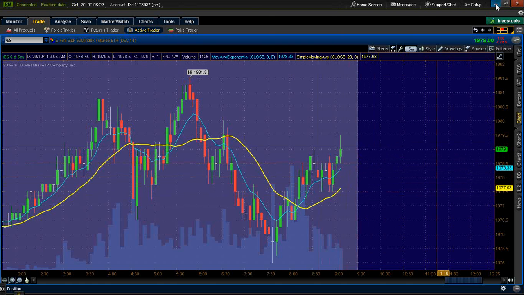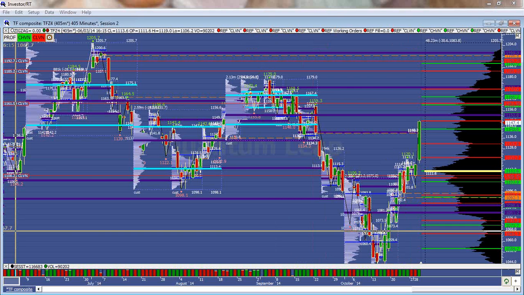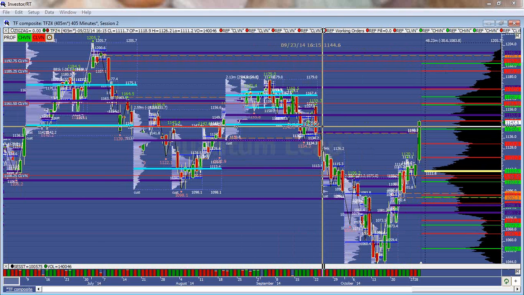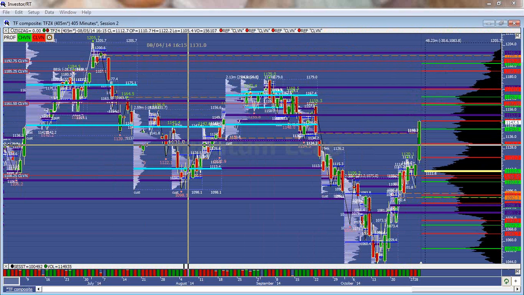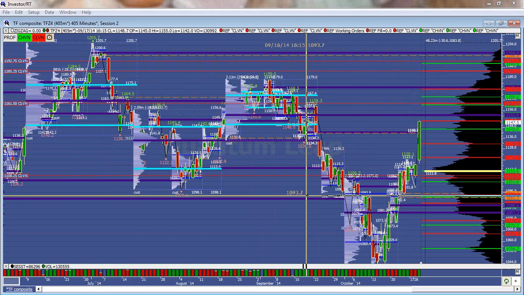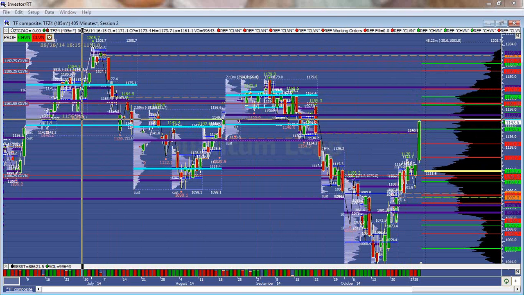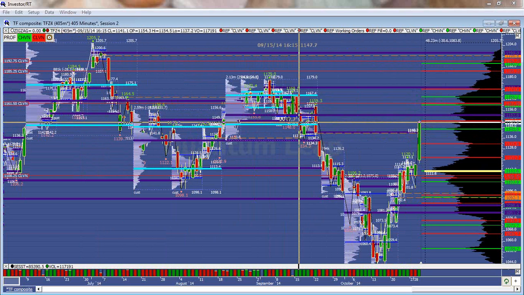So let's go take a look at the big picture. This is the Russell. I'll post this picture. I posted the hypothesis for it already. Right now, we've got this distribution and accumulation zone. We've come up, and you can see that the value area lows and the value area high of the microcomposites are all lining up at 46. So to me, 46 is the line in the sand today for the Russell.